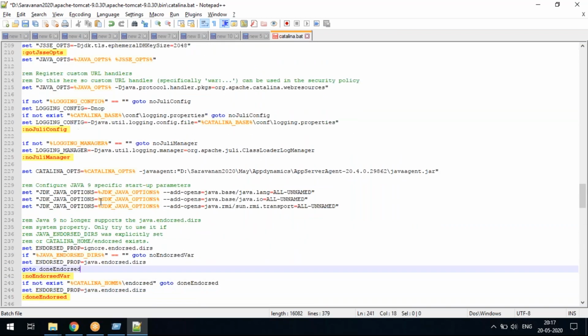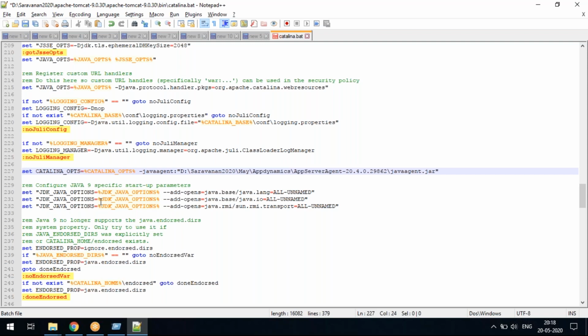Catalina.opts is nothing but you are creating the option that this agent is integrated into your application server and instructing Apache Tomcat. I'm setting this OPTS so that going forward you take this agent into your regular activity.